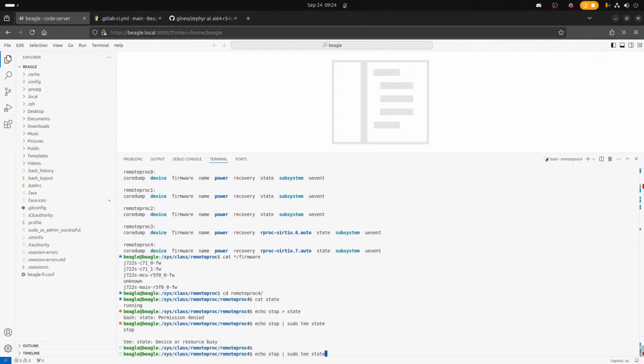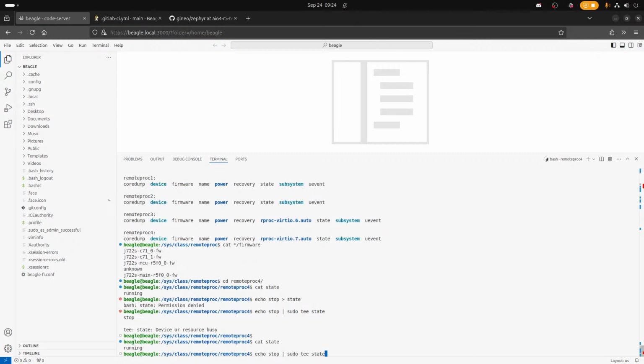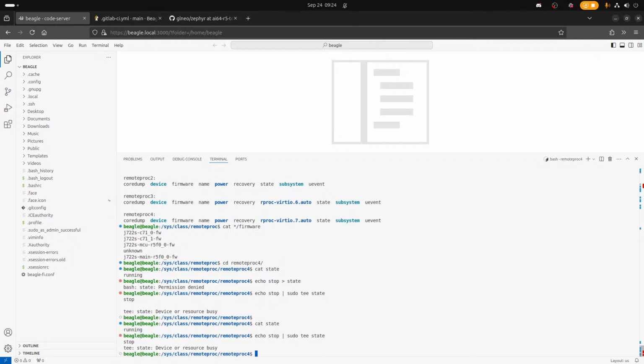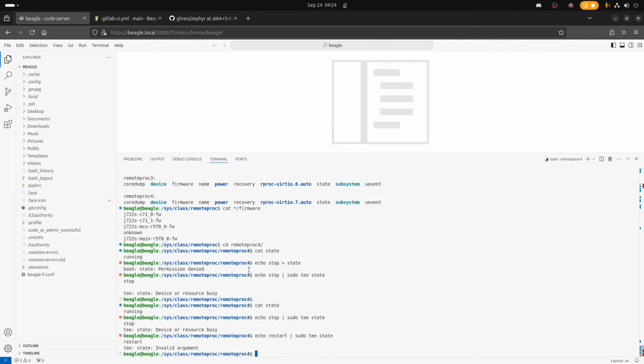Oh, why would it be busy? Why can't I stop it? Is there a reason why I can't stop the process, the core? I'm not sure. Technical. Is MicroPython already loaded or something?